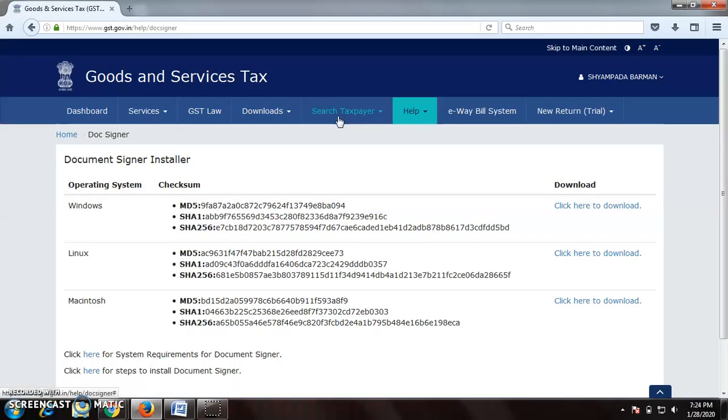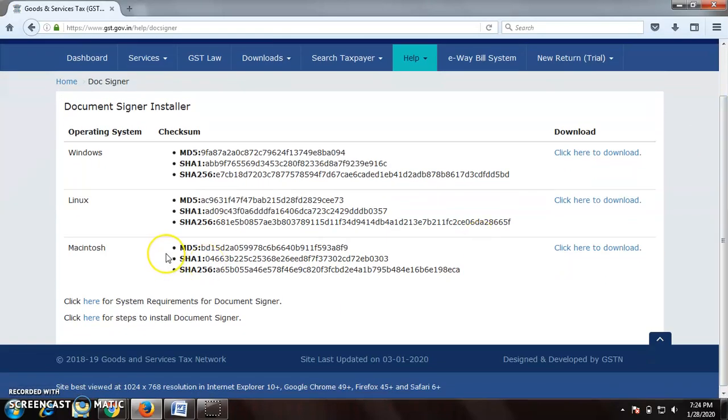You have to download the emSigner software according to your operating system. It may be Windows, it can be Linux, it can be Macintosh. So this is Windows system 32-bit, and I have downloaded